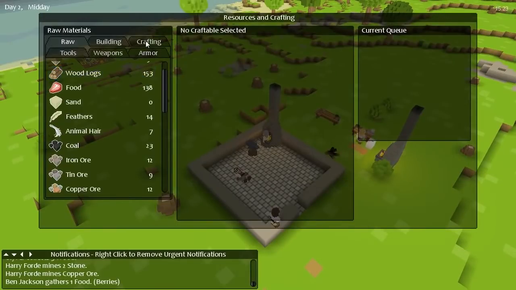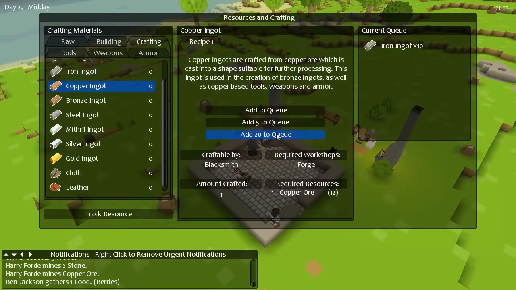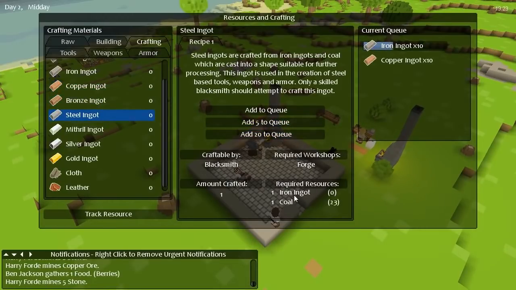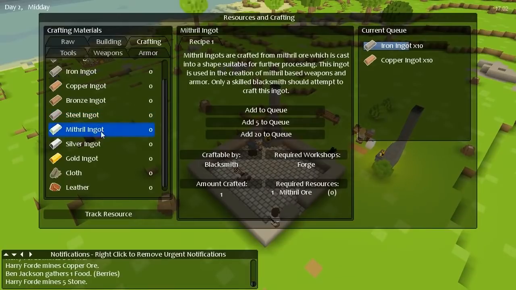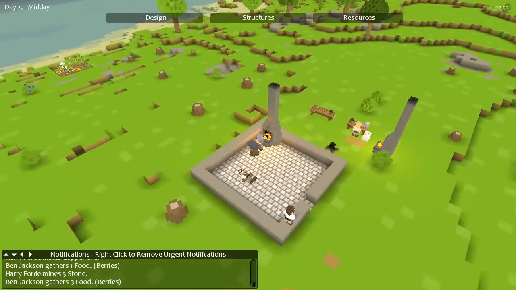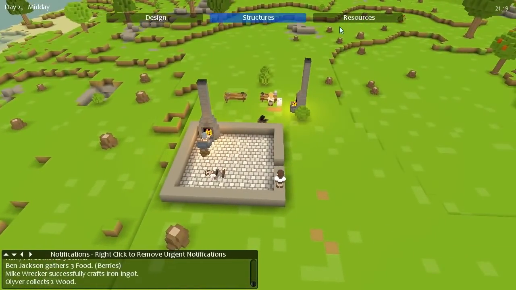So now that we've got our blacksmith, we can start creating some of these. So 10 iron ingots please. 10 copper ingots. Haven't got any of them yet. I'll do nicely, and then we can start crafting some more experienced, more advanced tools. So you're ready for the next layer